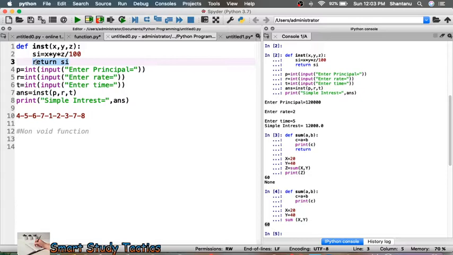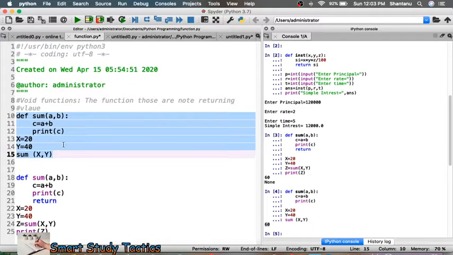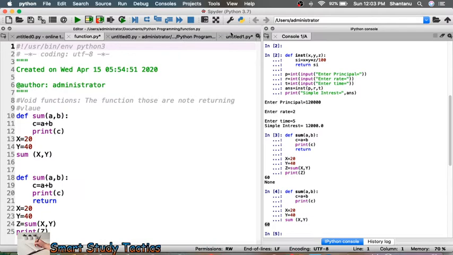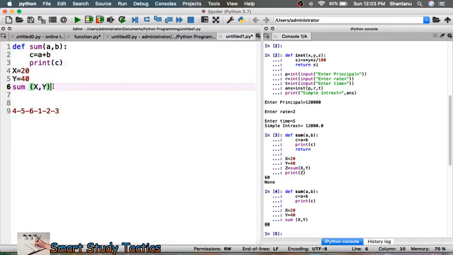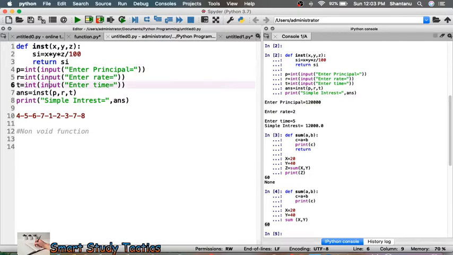A non-void function returns values, and a void function does not return values. Make a note of that. Here we are not returning any value, so it is a void function. Here we are returning the value, so it is a non-void function.